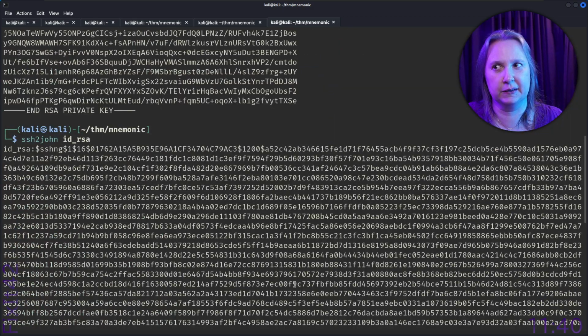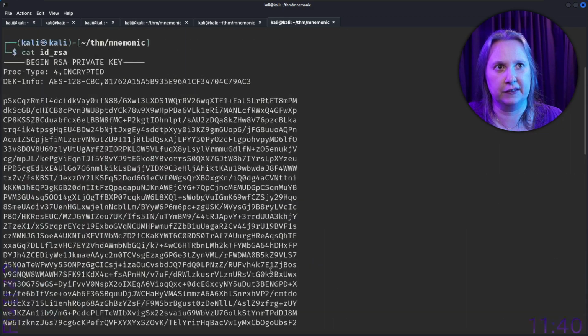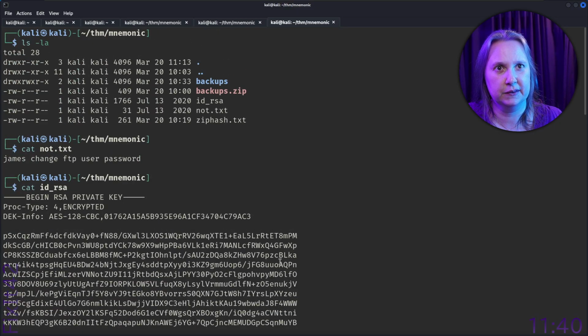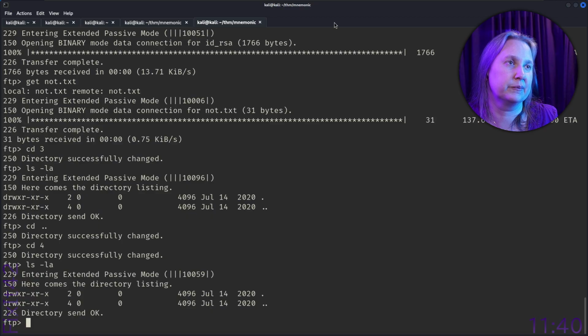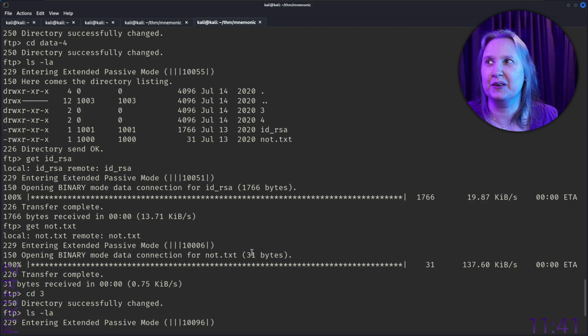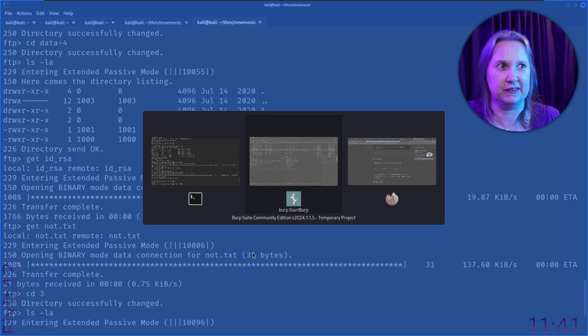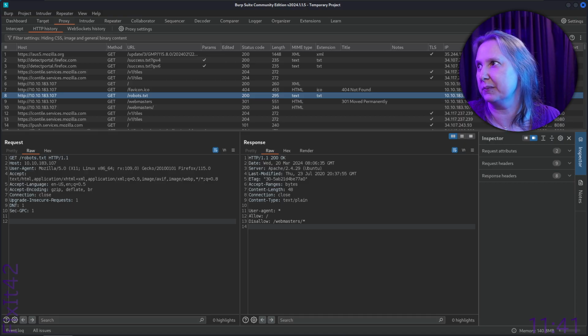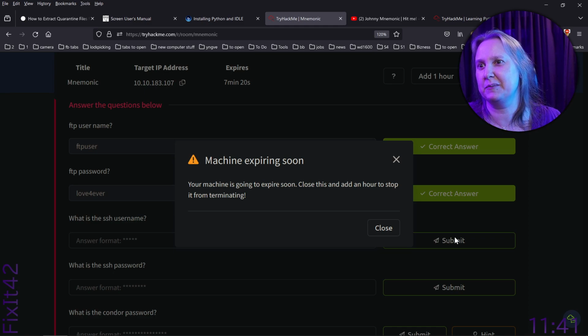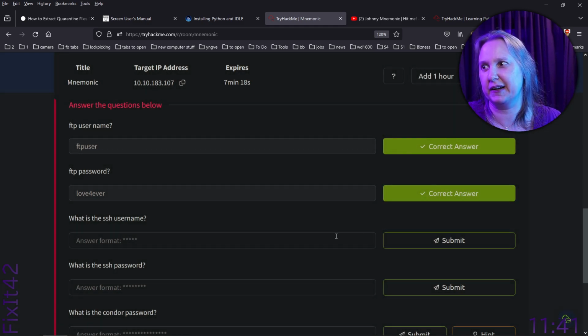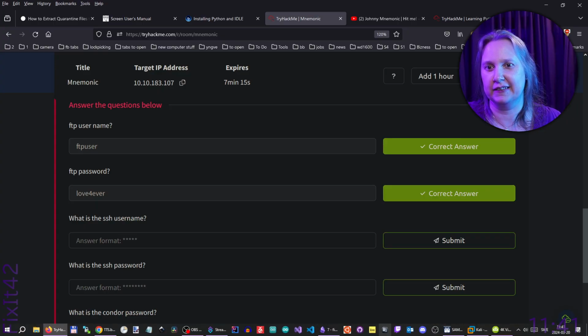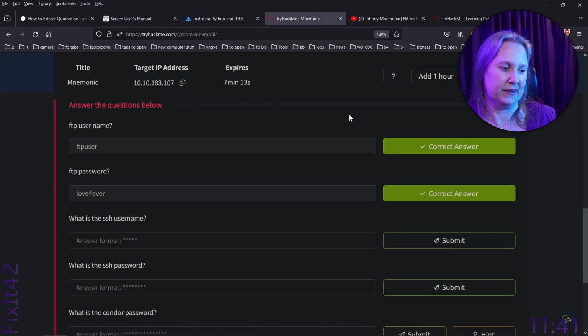This is not necessary, it's just that I forgot the arrow to redirect it. And we have this part saved, so let's close this tab too. And we're still in the FTP. Though I imagine the machine is probably expiring about now. Yeah, we have 7 minutes, and let it expire. That's okay.